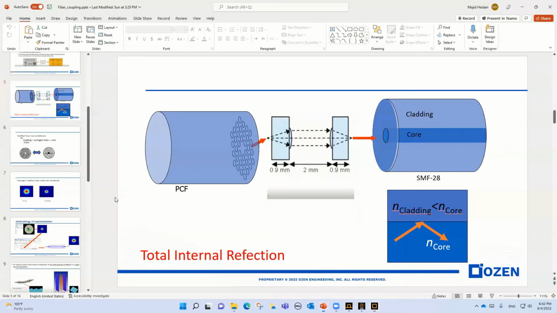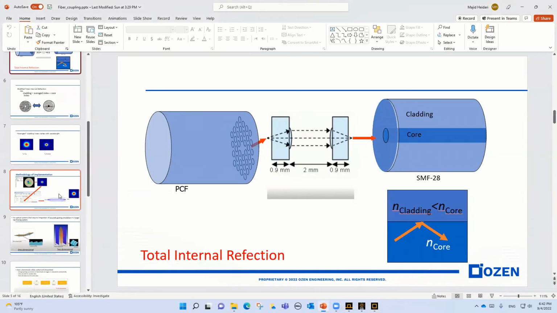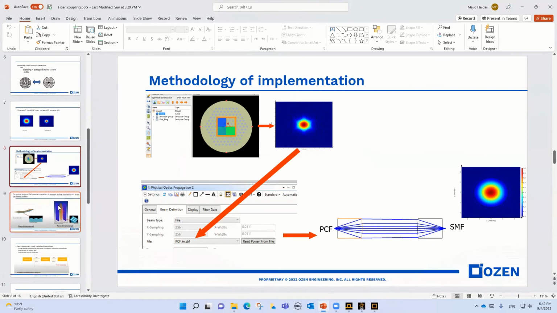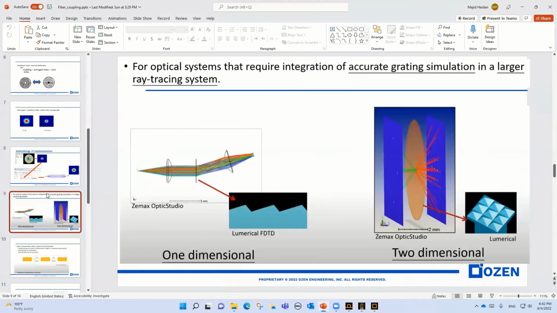So let's come back to our slide. We defined this workflow and we know how it works. But what is the new opportunity for us? Imagine that in Zemax Optics Studio, I have an optical system, with this lens here and this lens here, and this is a surface where we can put our diffractive grating, for instance, a 1D